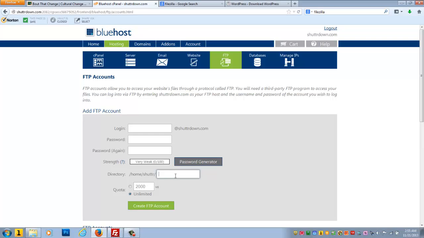But if this is going to be your only website on your server, or even if not, you still can add subfolders for your other sites later. Just go ahead and make sure you enter public_html in that box, because by default, Bluehost stores your website files in that subdirectory, public_html. I'm not going to create an FTP account because I already have one,